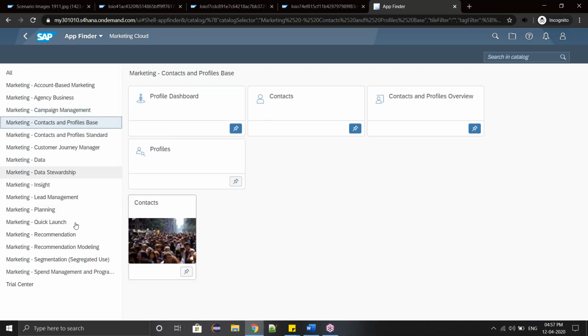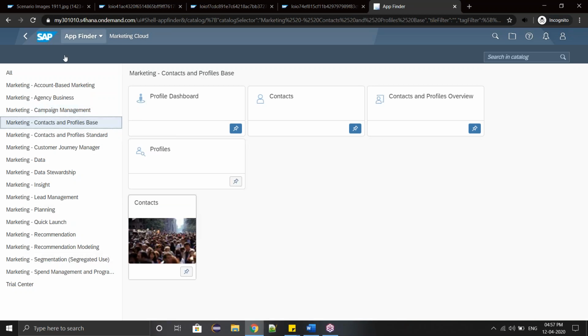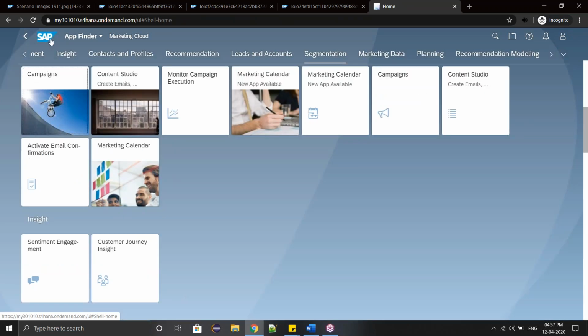And these are the different segregated areas, like account-based marketing. This is one of the key features. Based on a particular account, we'll do the marketing, we'll analyze particular customers, campaigns, and recommendations, and we'll have a 360-degree overview of those customers. And agents, business and campaign management, contact and profile. These are all different categories available. And coming back to the dashboard,